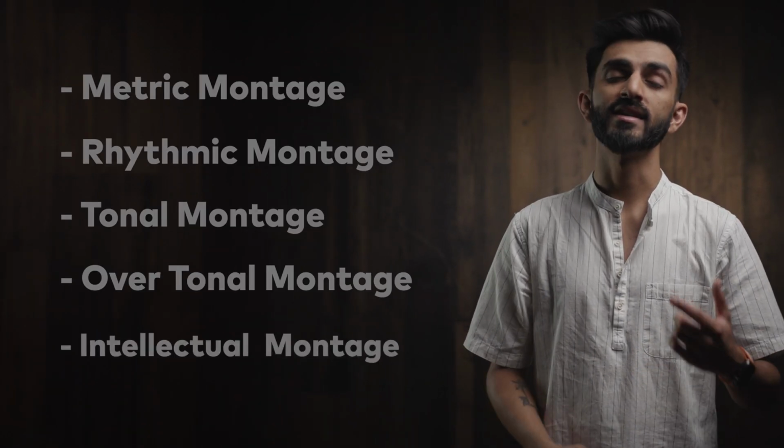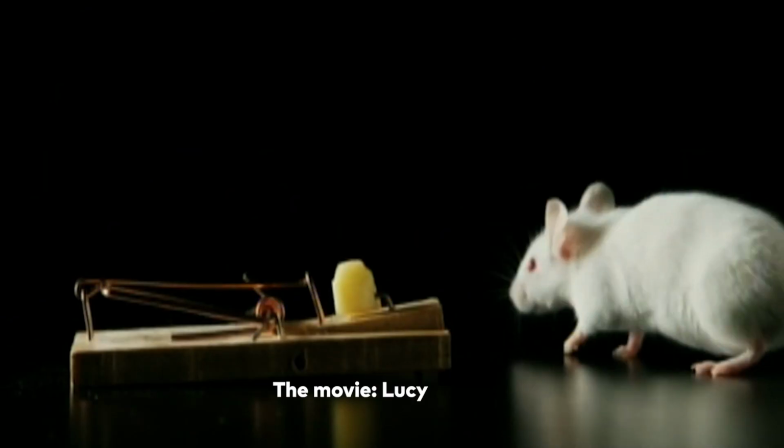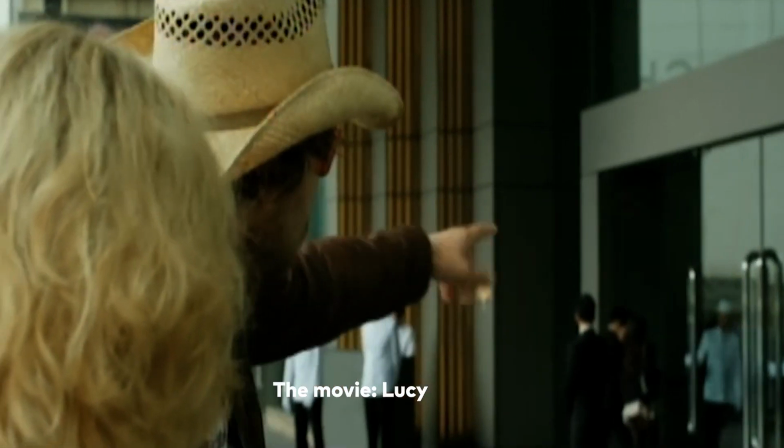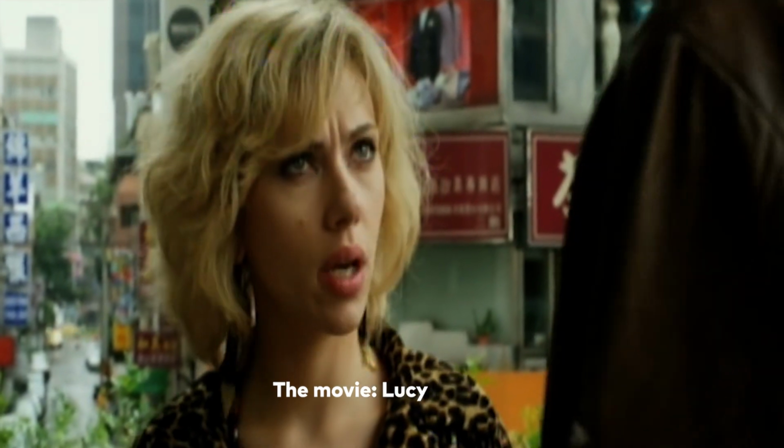And lastly, intellectual montage. Not gonna lie, I feel a lot of passion towards this one. It involves arranging shots in a sequence to convey abstract concepts, ideas, or emotions that wouldn't be obvious immediately. Like the shot of the mouse falling for the trap, intercut with Richard convincing Lucy to bring the case into the building, which represents that Lucy is getting in trouble. Now that we've covered the origins and basics of this fascinating technique, let's briefly dive into how it influenced visual media and storytelling throughout its existence.